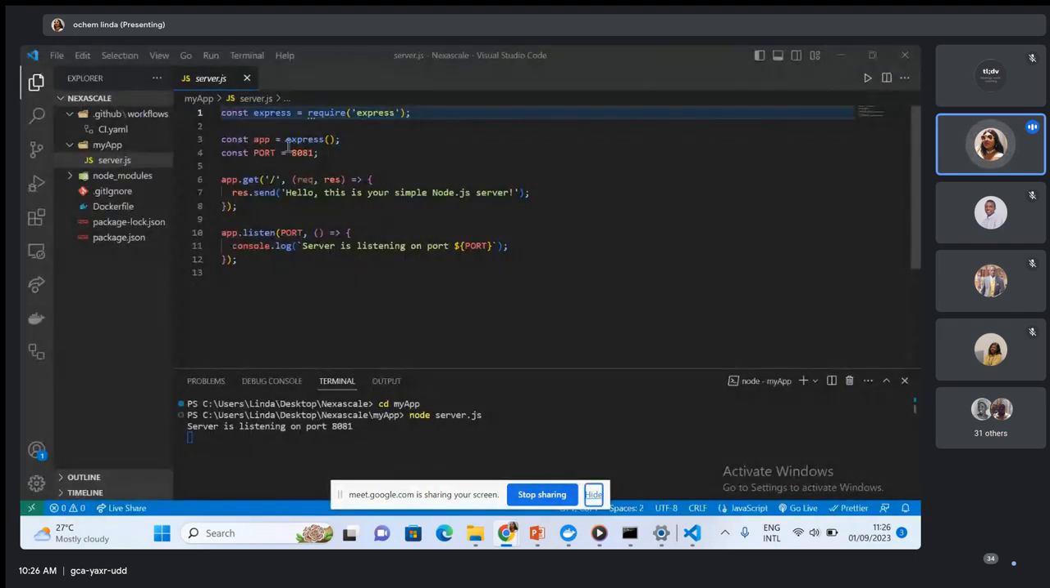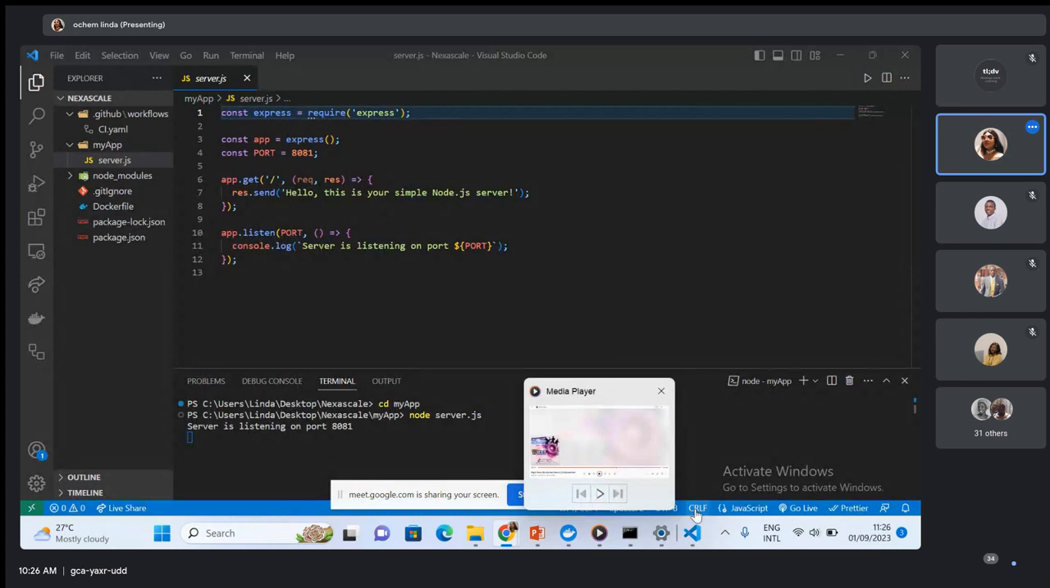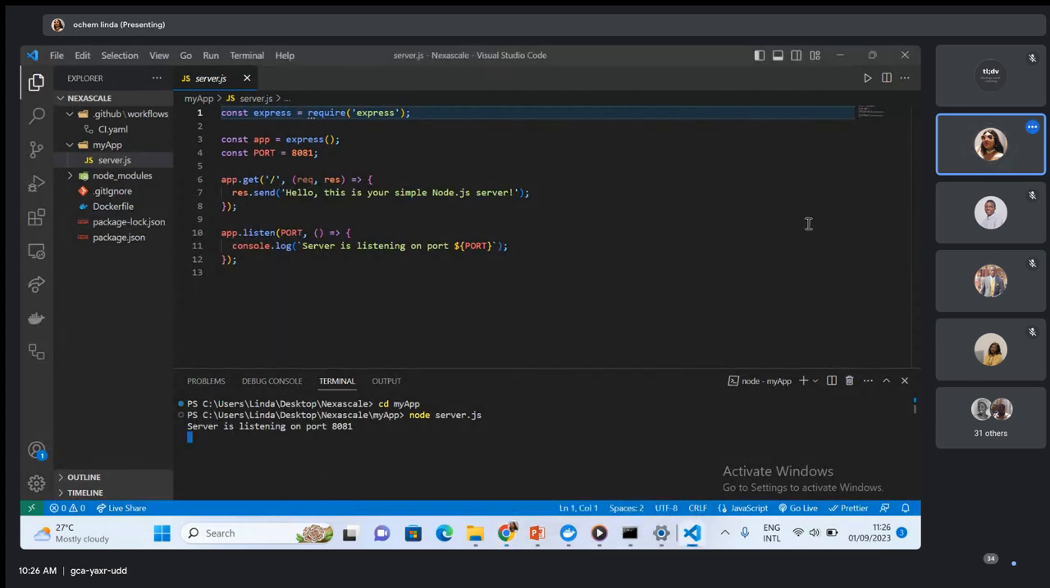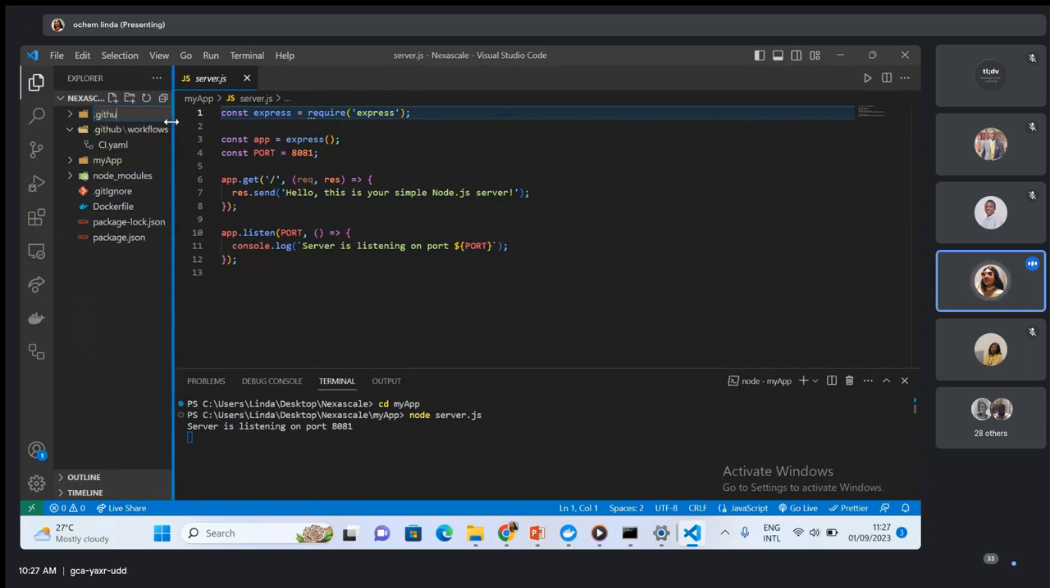So this particular little application, we'll be Dockerizing it. We'll make it an image and push it to Docker Hub. So the first thing I did is to create a folder. I created a folder and named it .github. Let me just simulate it again. So I created a folder and named it .github